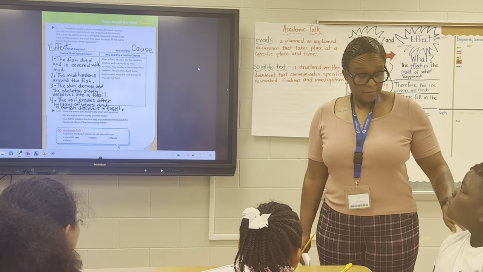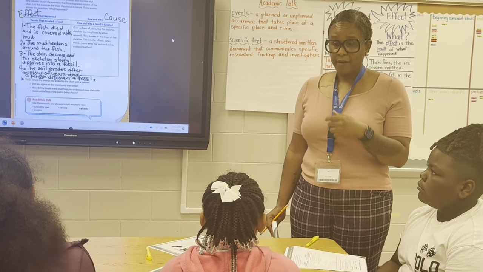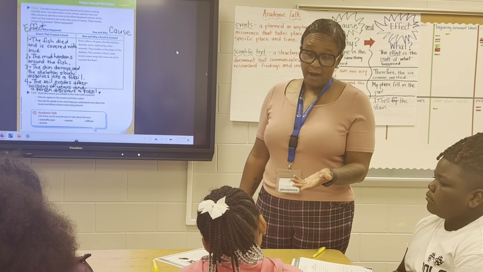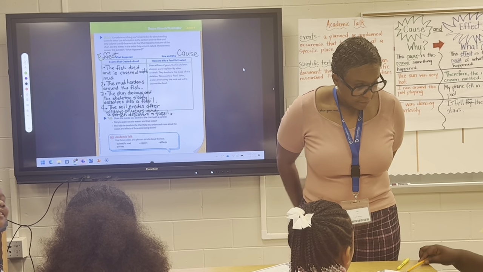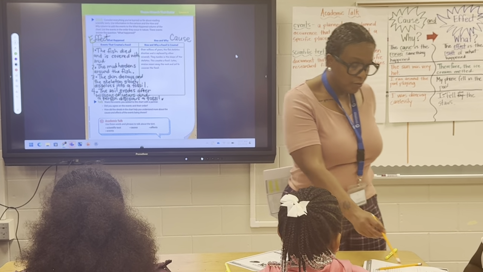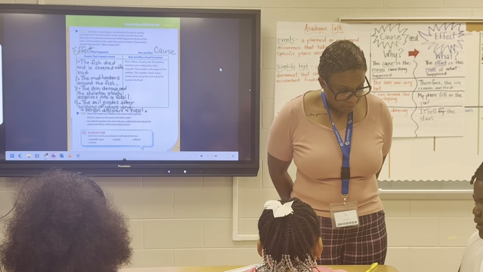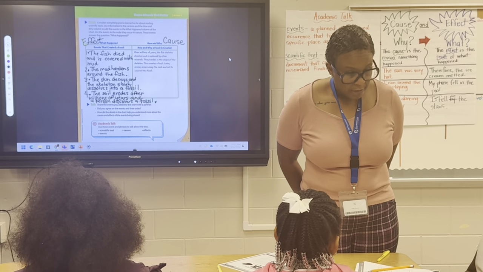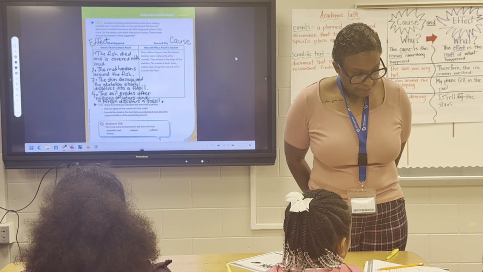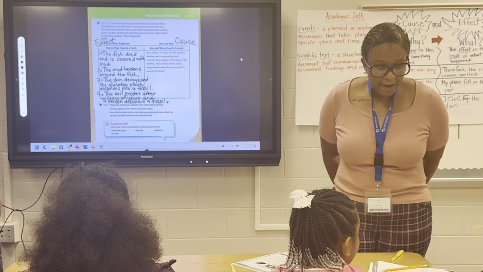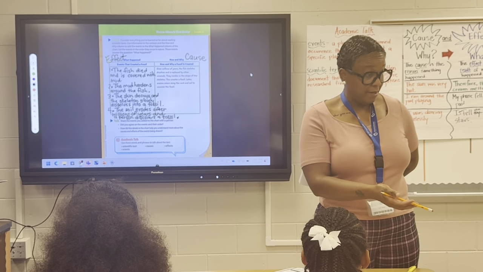Let me ask you this before you answer. Did you know how fossils were created before you read the text? No. Okay, so it even gave you an introduction to how it was created, correct? What did you think, Ricard? What did you think about the details in this chart? How does it help you understand cause and effect? It tells me all the steps of how fossils are made. Okay, so if somebody asked you to explain the steps, you would know.